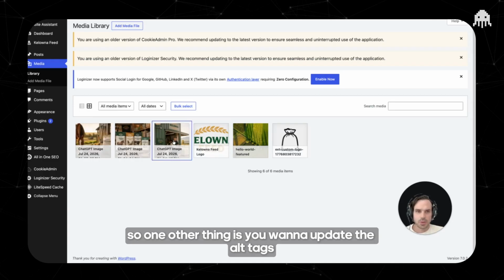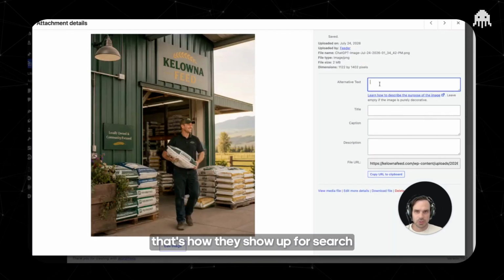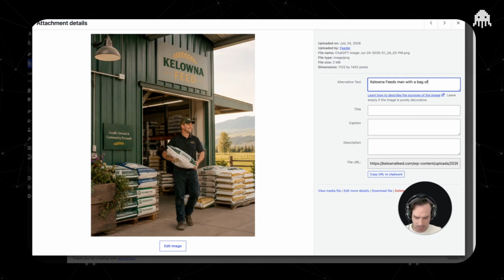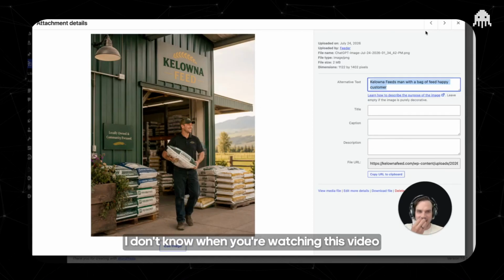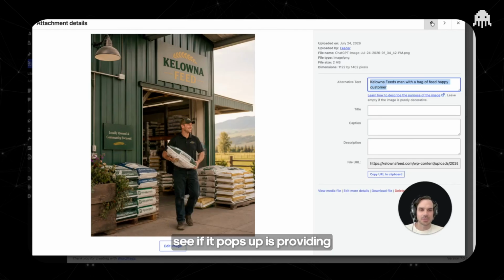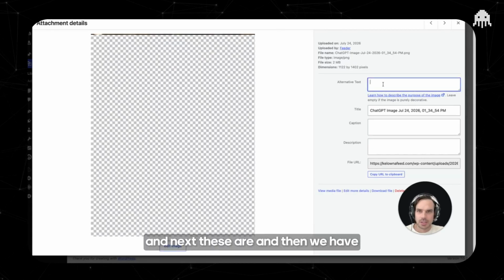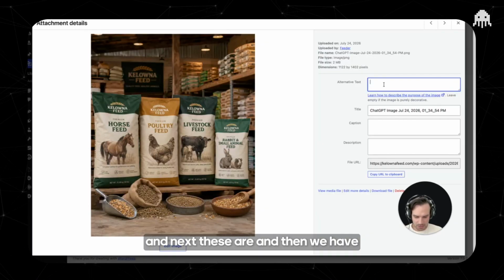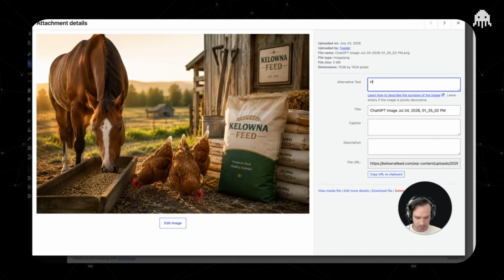So one other thing is you want to update the alt tags. Alt tags are important. That's how they show up for search. So you could go like, so if someone types that in search for images, this probably will pop up. You can try. I don't know when you're watching this video, but pop that into your Google, see if it pops up. Provided it's been at least 2 months since this video launched. And next, these are, and then we have,